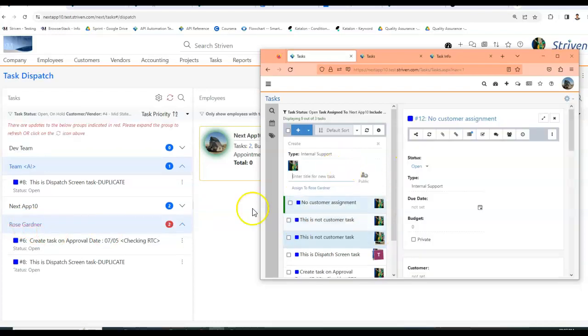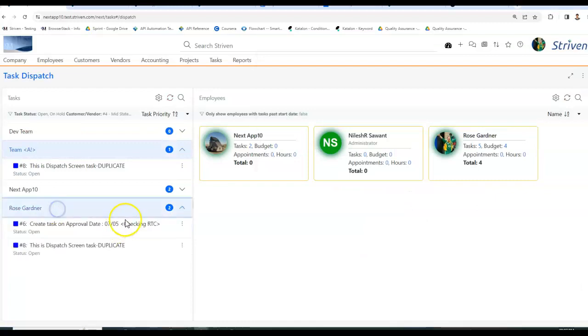So if I create, I'm getting this name highlighted, indicating that there is a new task. But based on this message and filter, even if I filter or even if I refresh or collapse or expand this, the task is not going to get listed since it's not matching